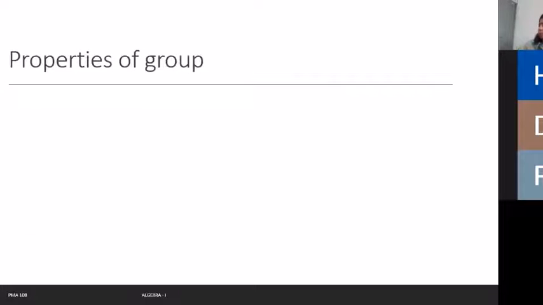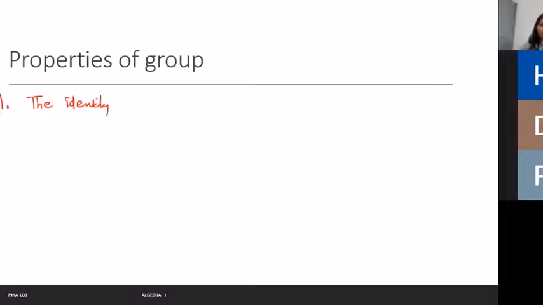Next we move ahead to the properties. So these are some elementary properties. I'm not going to give you the proofs of them, and I'll suggest you try their proofs yourself. The proofs are there in the books. आप बुक में से देख सकते हो, you can understand it. नहीं समझ में आएगा then we can discuss in the class कि ये चीज कैसे प्रूव करनी है. But these are very basic properties that the